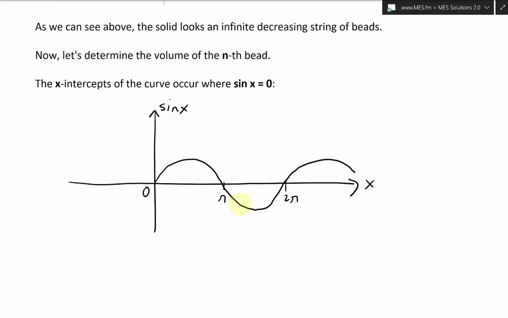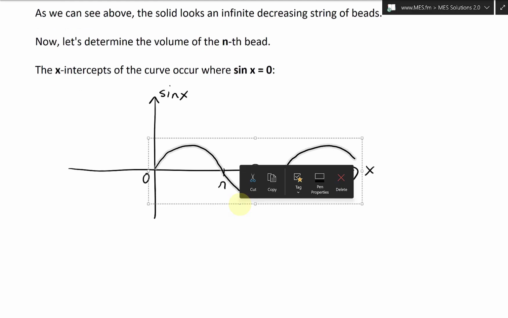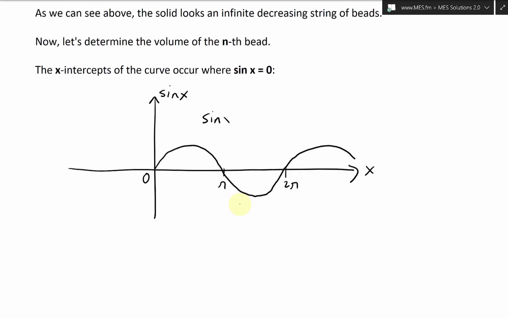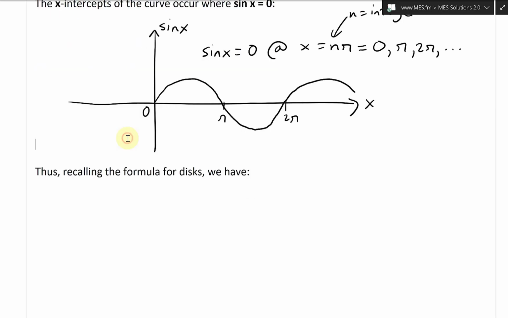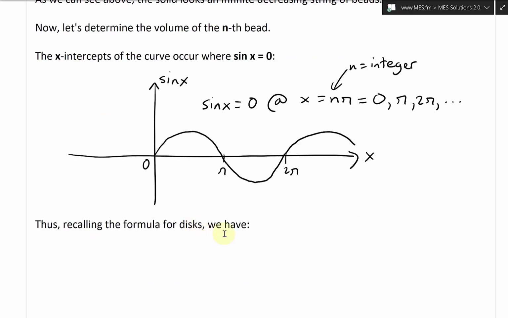Sine of x equals 0 at x equal to n pi, which is 0, pi, 2 pi, etc. So n is an integer, in this case a positive integer because our x is positive. Thus, recalling the formula for disks,